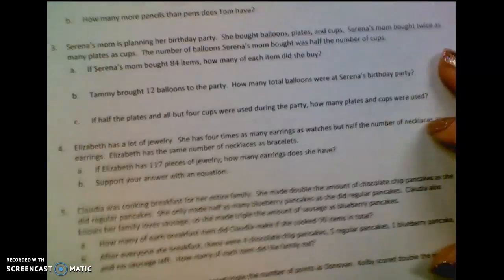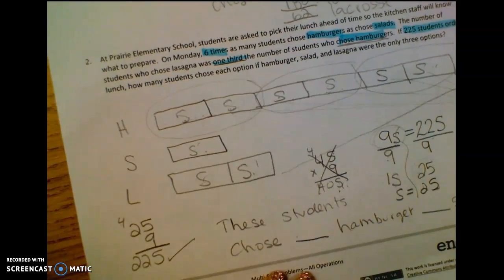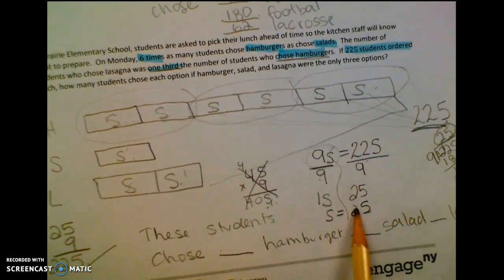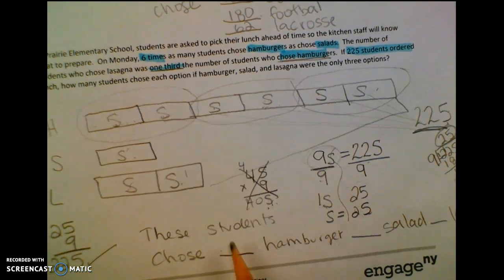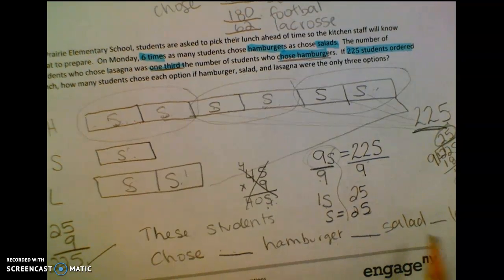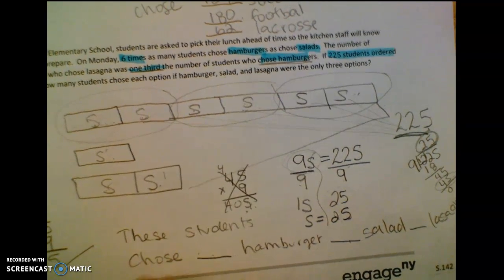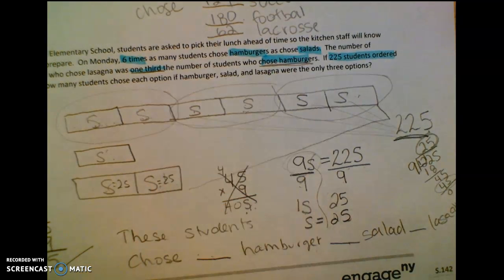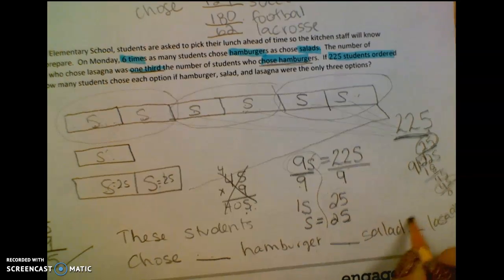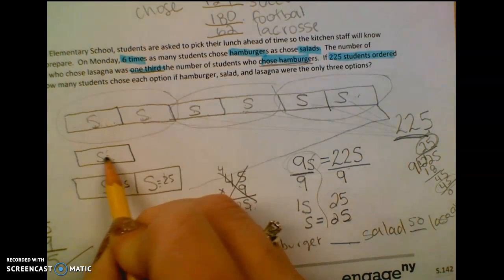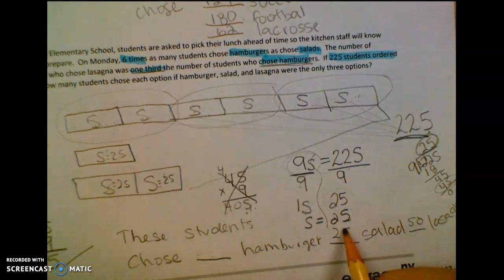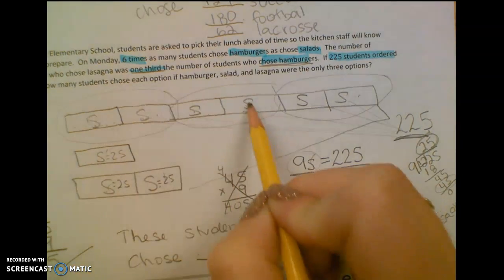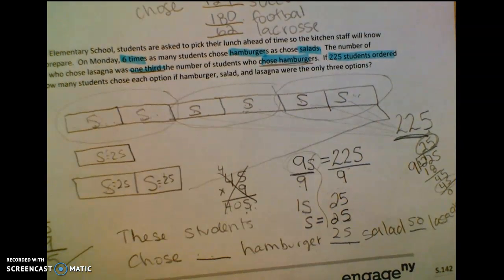Now that I think about it, I did not go back and make my answer statement here. I did not finish. So yes, there were 225 each here, but I need to say how many chose hamburger, how many chose salad, and how many chose lasagna. So the fact that I have 25 here, 25 here, that's 50 that chose lasagna. That's 25 that chose salad, and that's 1, 2, 3, 4, 5, 6 that chose hamburgers,